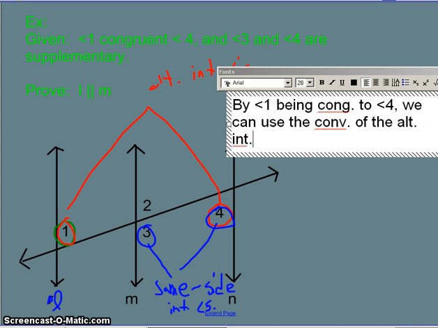Alternate interior angles theorem to show that would make L parallel to N, and then also